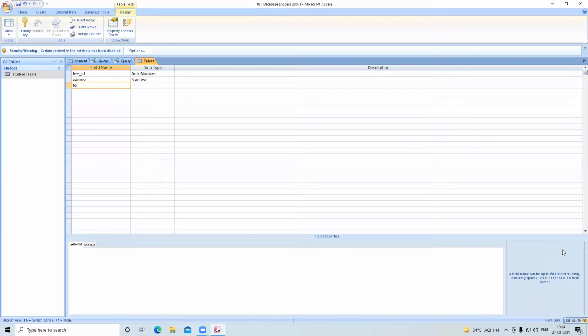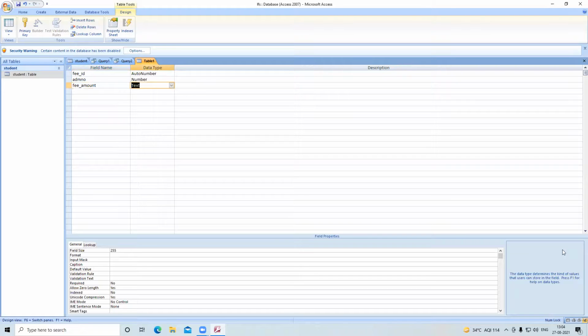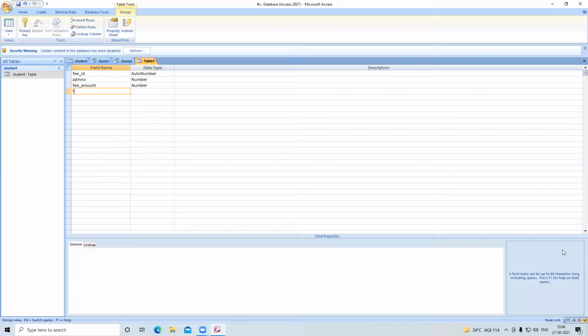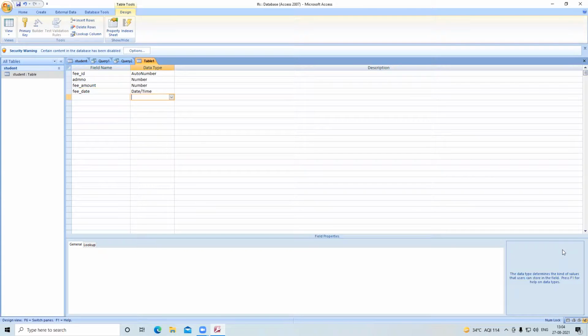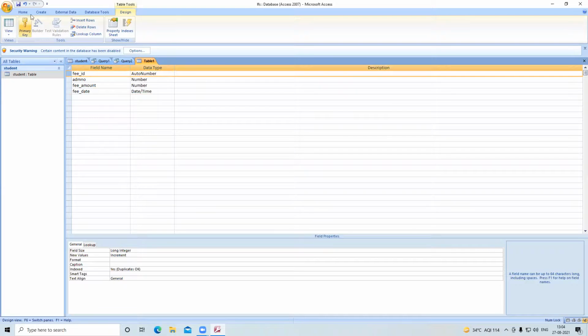Then we have a fee amount, also number. Then we have a fee date, and that is a date and time. Now in this table I will make fee ID the primary key, so click on the primary key.